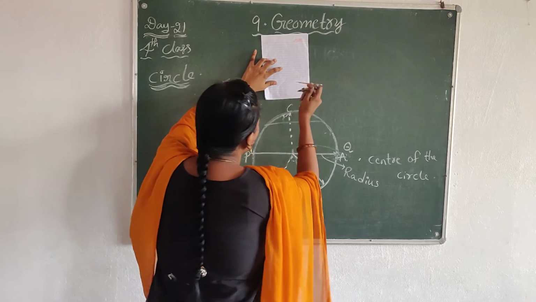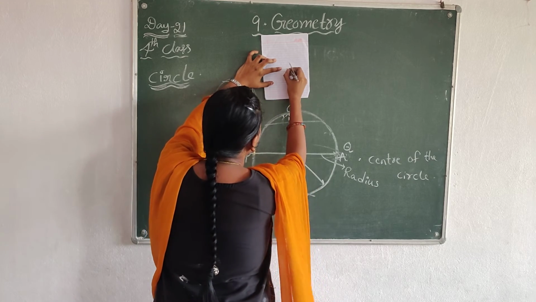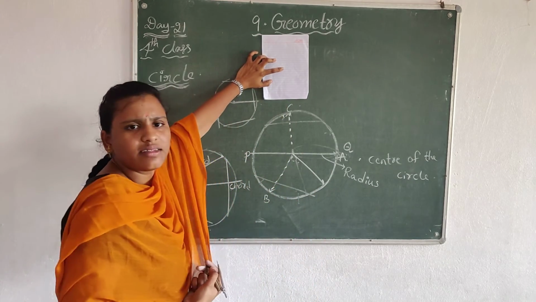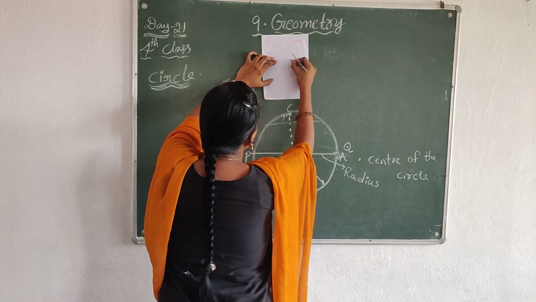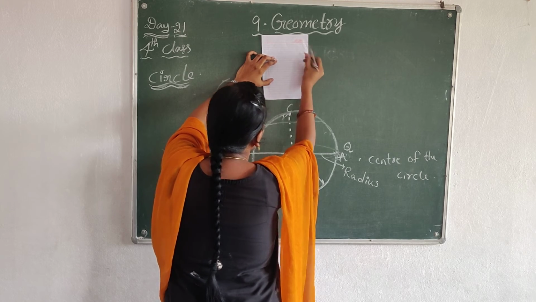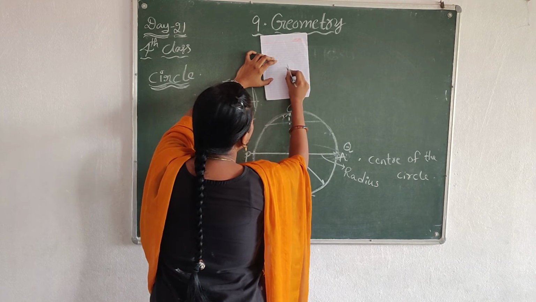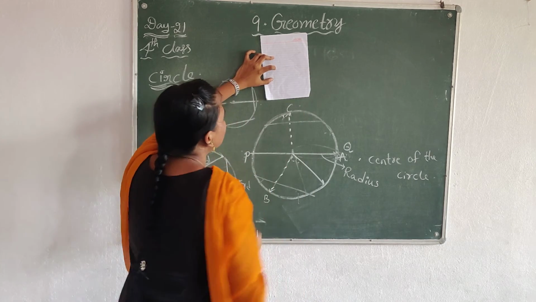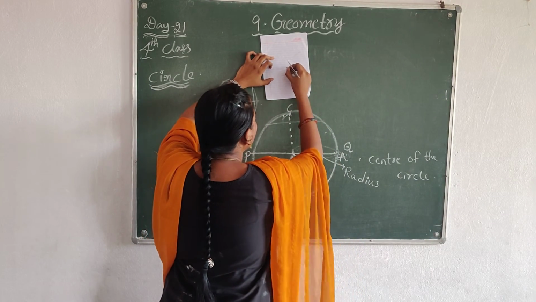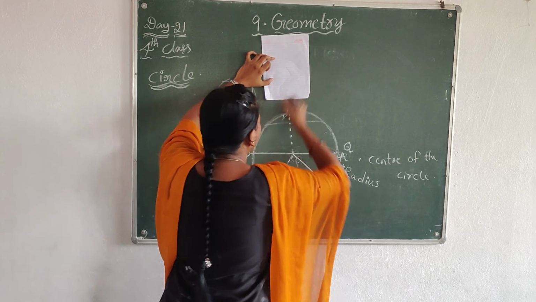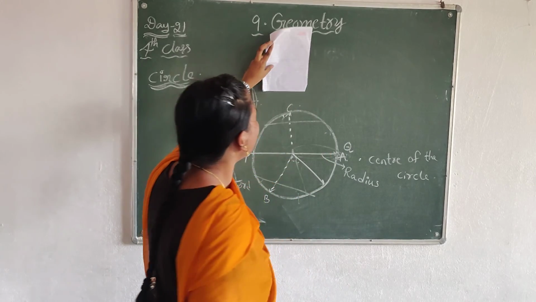In this circle, the center point is this one. So this is the center point O. Observe this. 2 points are coinciding here. This is a chord. If you take a line from here to here, PQ, this is a diameter. If you take from this point to another point, that will make a radius. So, you understood how to draw the circle?